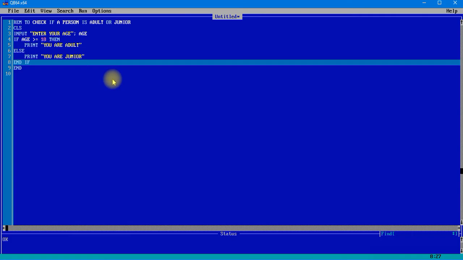So this particular program can give one of the two outputs. But in the previous case, when I did not give the else part, I did not require to print "you are junior", because that time I only wanted to check if the person is adult or not. So if I want to check only one thing, that means only one positive answer, then only use if.